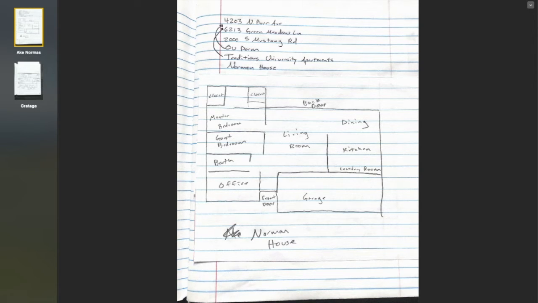Now that you have drawn your own house or apartment or wherever it is, your next goal is to think of specific memories connected to certain spaces in your house. And you're like, what? But just think about it. What are memories you've had in your house? Like if I had picked the top address, that 4203 North Bar Avenue, that's the house where I grew up. I don't live there anymore, but I could tell you